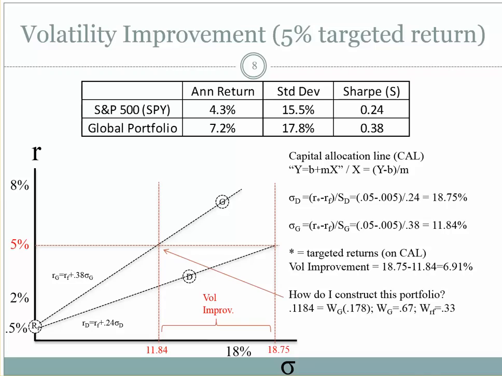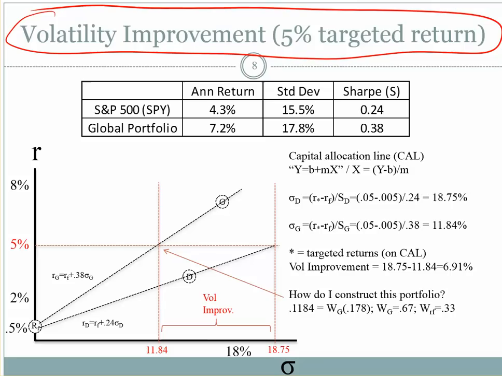So a different type of problem we haven't done yet is looking at volatility improvement. We've done return improvement, the idea that for a particular level of volatility, how much greater return can we get from switching from a low Sharpe ratio portfolio to a high Sharpe ratio portfolio. And we're making the assumption that a global portfolio will have a higher Sharpe ratio because you're combining more assets that are not perfectly correlated. So back to our example where the domestic portfolio has a 0.24 Sharpe ratio and the global portfolio has a 0.38 Sharpe ratio. We can use an equation of a line to compute